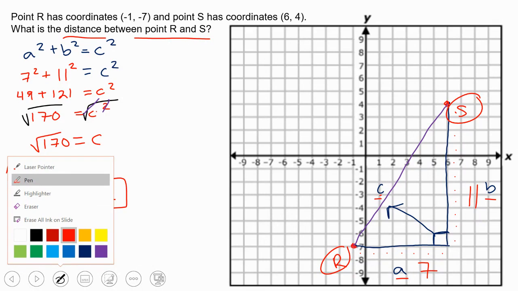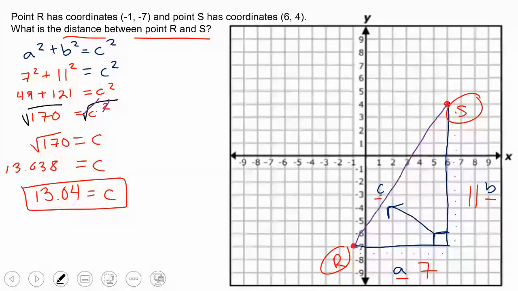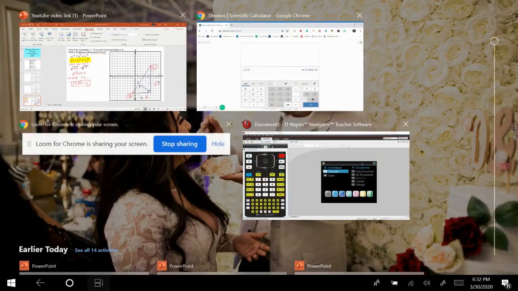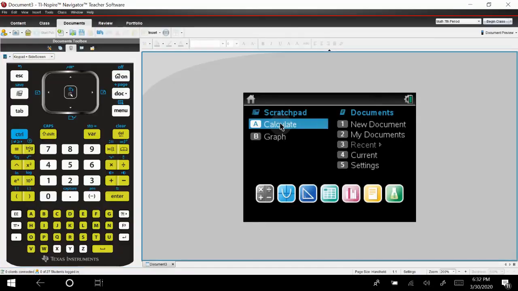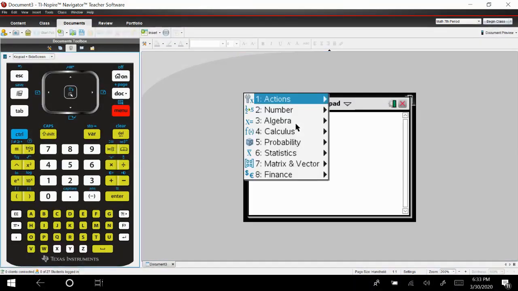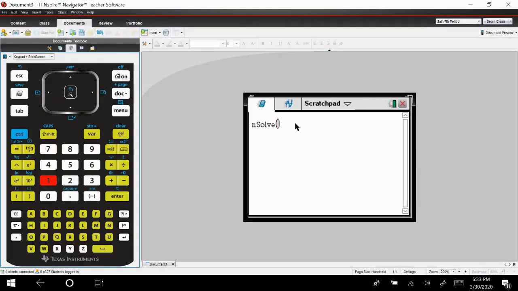Now, like we discussed, we can also double check ourselves by going to our calculator and plugging this into N-Solve. So we're going to keep that. Go to our calculator. Go to calculate. We're going to go to menu 3.1 for our N-Solve. And we're plugging in 7 squared plus 11 squared